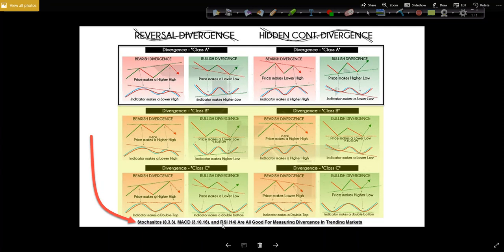And I went as far as to say that Jed, in his harmonics training, prefers to use RSI. And that Michael used MACD for one reason, because Chris Terry talks about it in harmonics, and he had 310.16 oscillator on his chart. That doesn't mean it's the only thing that works. I put it in the training because that's the basic way that Michael showed me QuickFire. But there it was right there on your charts. Divergence. You can use stochastics, MACD, 310, and even RSI.